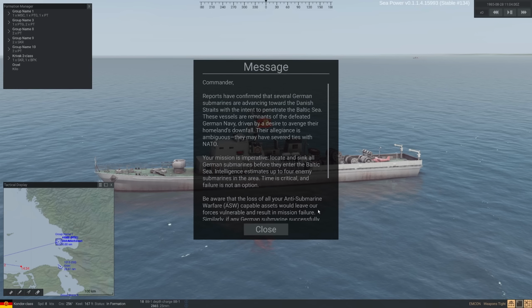Today, a supposedly very difficult scenario, so I'm very interested to see how this is gonna go. The Soviet Union defeated Germany, and yet a group of German submarines was able to flee the scene. These guys are now coming back to try and get into the Baltic Sea. We cannot allow that, and that means that my mission is to locate and sink all German submarines before they